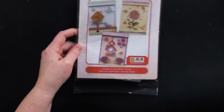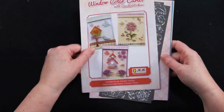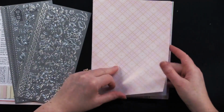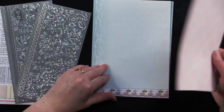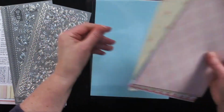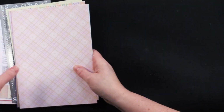Okay. So our last kit here, I'm going to show you the coloring technique. And in this kit, get your sheets of Dazzles, your patterned paper, and your sheet of acetate, and your cardstock. Okay, this one doesn't have double-sided adhesive in it. And I'm going to grab a